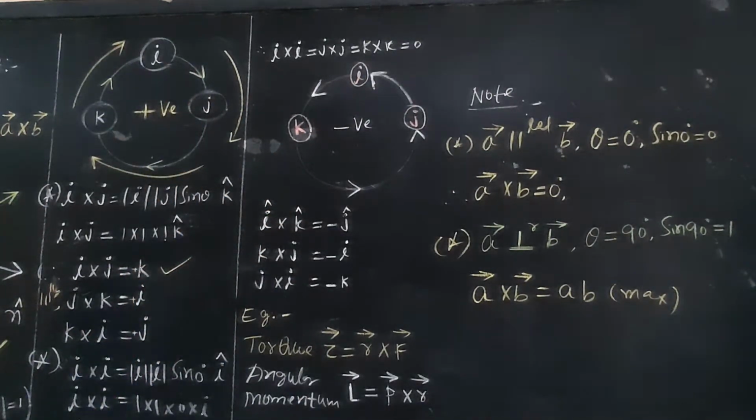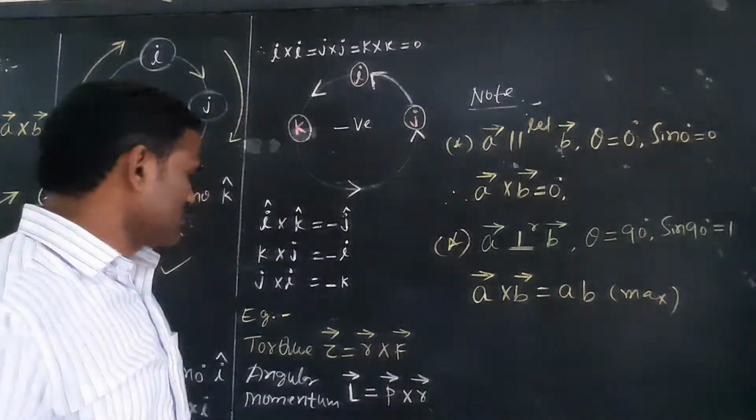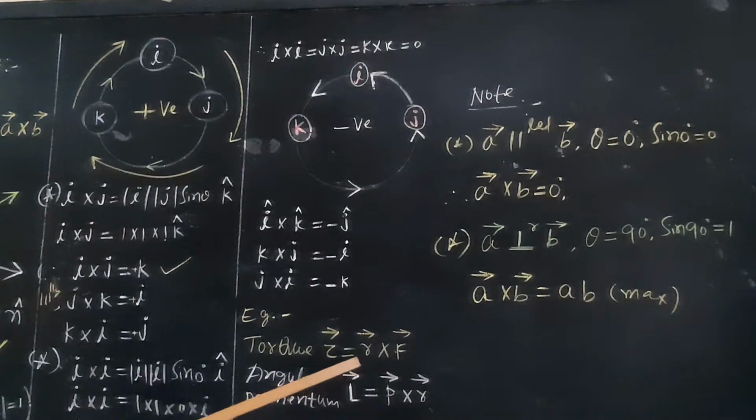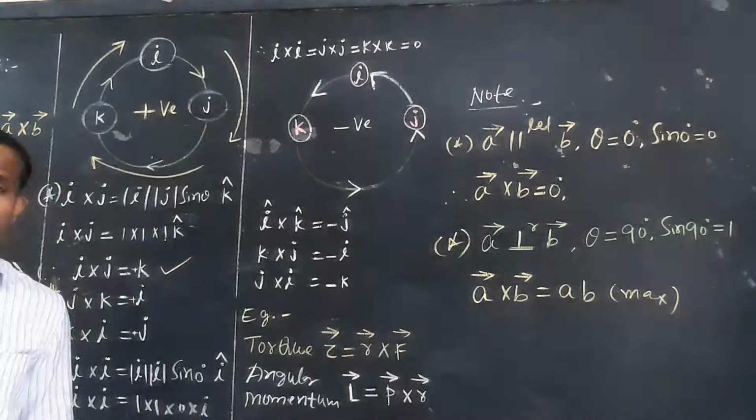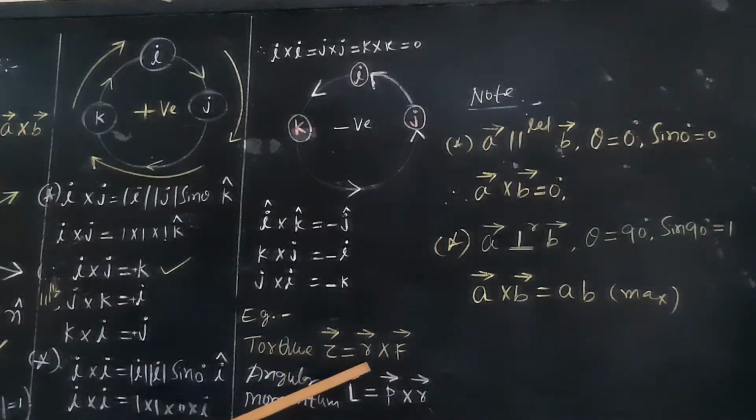What are the examples for cross product or vector product? Why is it called vector product? Very simple, guys. Radius vector, force is a vector. When two vectors undergo the cross operation, the result will be a vector. Hence, the cross product of two vectors is also called the vector product. I'll repeat once again: radius vector, force vector.